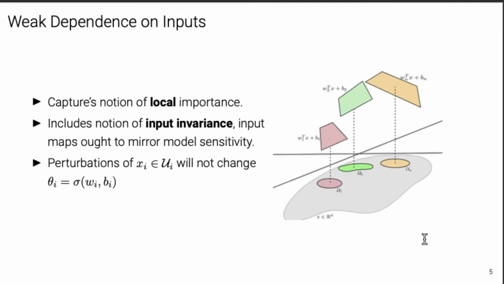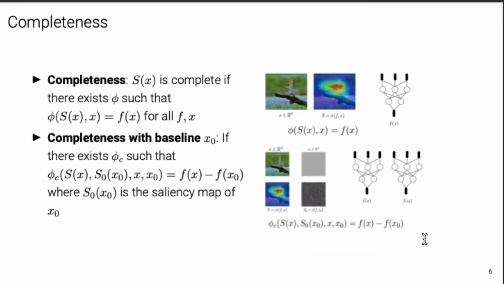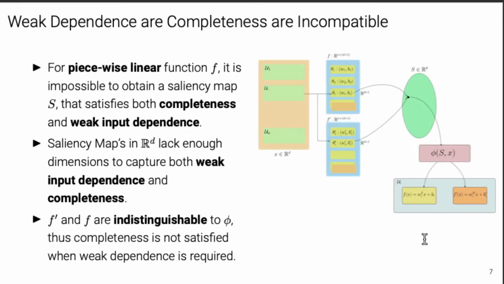that is weak input dependence and completeness, when we posit these two requirements in this paper, what we find is that for piecewise linear models, in fact, these two requirements are not satisfiable, and we can see this by noting the fact that our saliency map is d-dimensional. So, supposing we are in one of these piecewise linear regions like U_i, which I show over here,